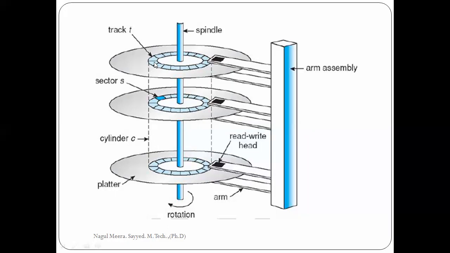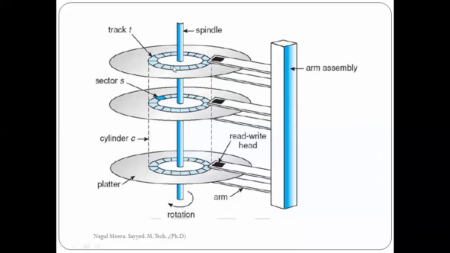All sectors and tracks look like a cylinder, a cylindrical structure. All platters are rotating, and our data is stored, and also our data is removed, whatever it may be. We can perform any task: if you save, if you delete, if you modify. Okay, so this is about the inner part of the hard disk.